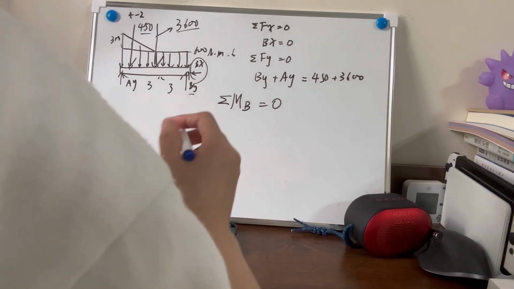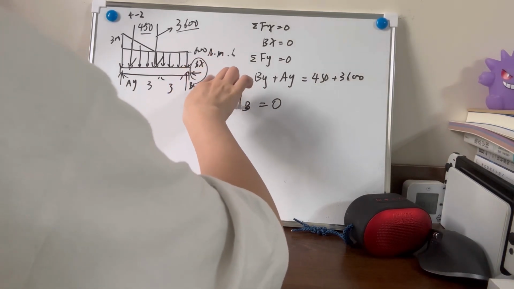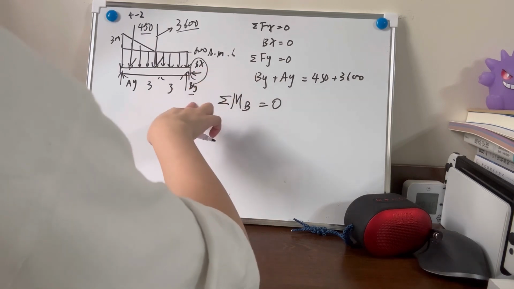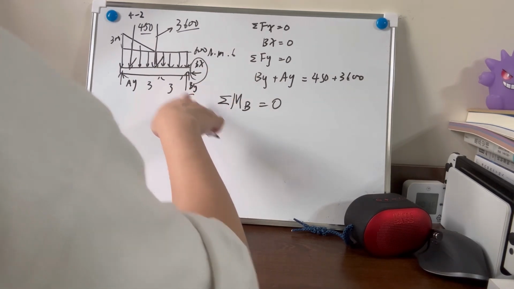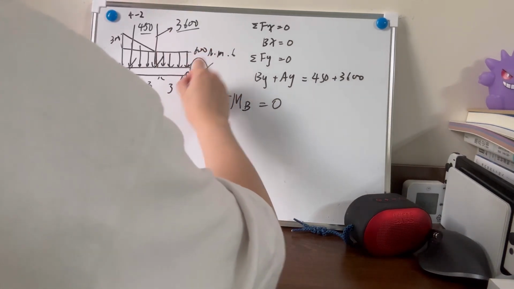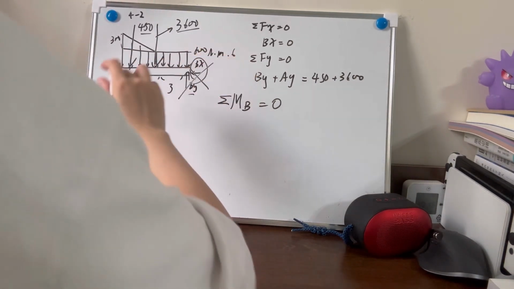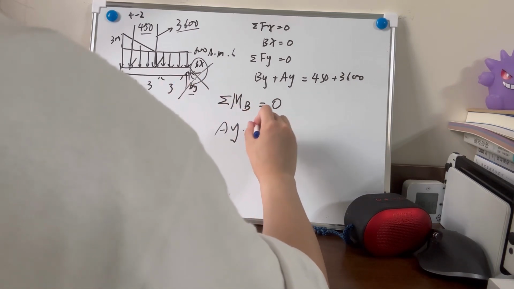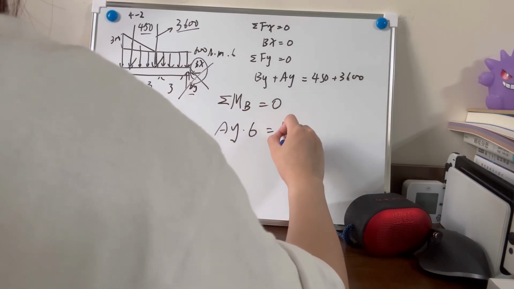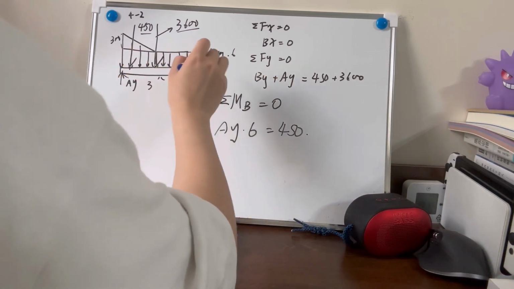It means the Bx force is 0 and By force is 0. All the force on the point B is 0. So we ignore them. We only calculate Ay times 6, and the distance is the